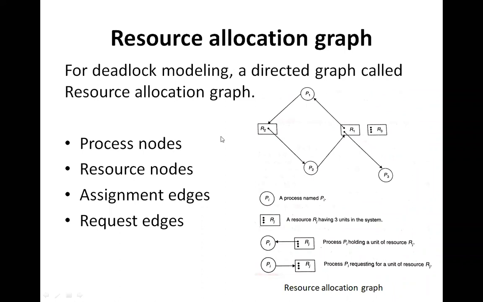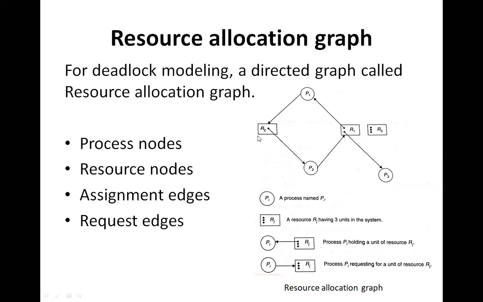First is the process node, second one is the resource node, third one is the assignment edges, and fourth one is the request edge. So these are the certain parts of the resource allocation graph. First of all, let us discuss the process nodes. What is a process node? A process node represents a process of the system,